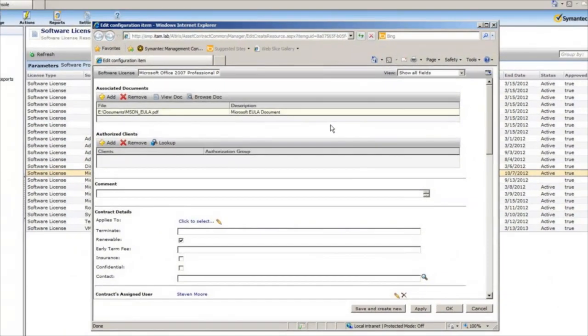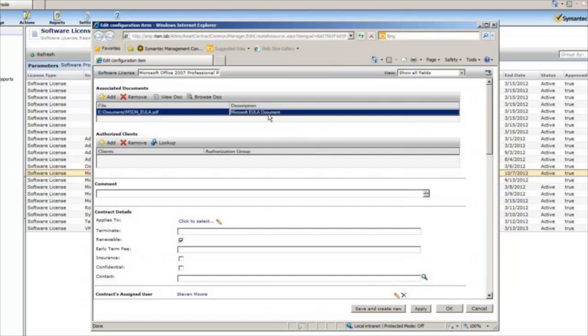Something that we brought up briefly before was the ability to associate documents to a license. And this can be done just like this. You're not actually uploading the document to the console. You're pointing to it on a share or some kind of local drive that everyone has access to. This is what's going to give you that